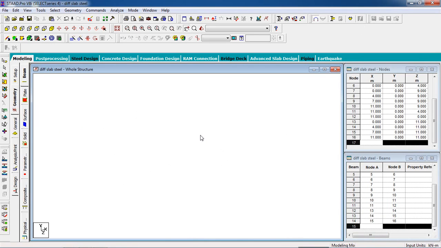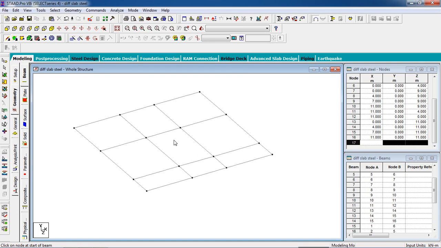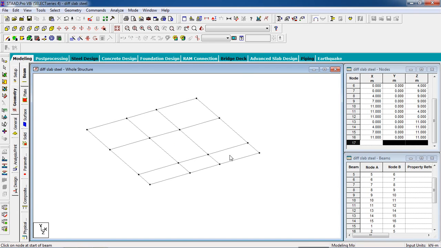Now I have to add the beams. This is our building in different slabs.